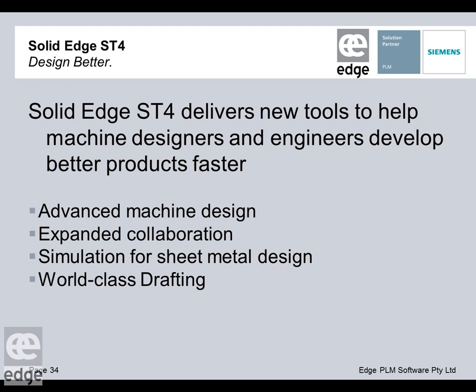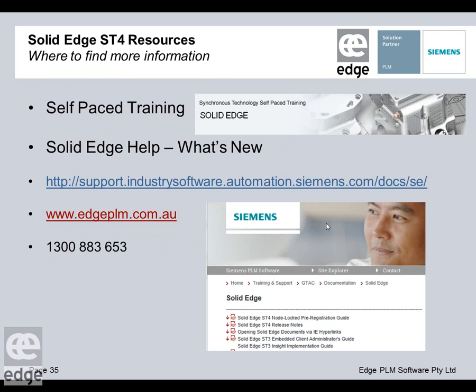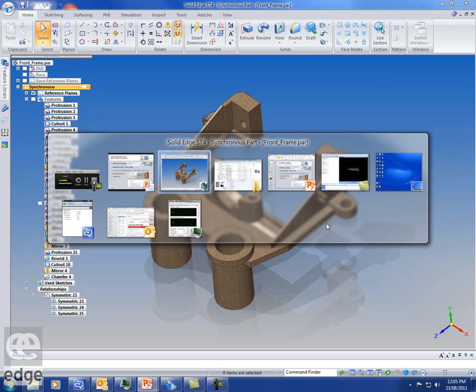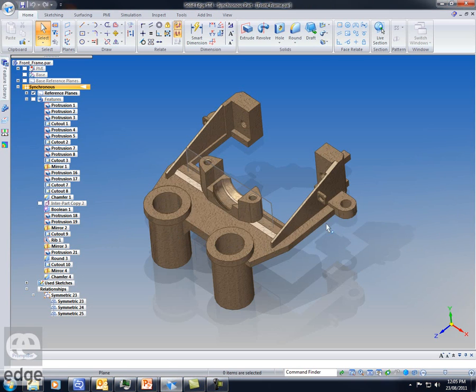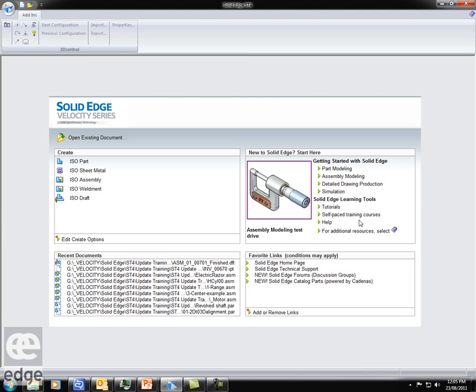ST4 delivers a lot of refinements, a lot of productivity, and just makes it much easier to get into complex design. Some resources for this release. Remember, self-paced training is available. Let me give you a quick look at that. If we go back to our primary screen, there's our self-paced training. If we just click on that link,